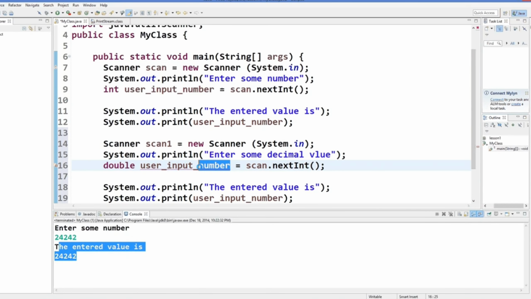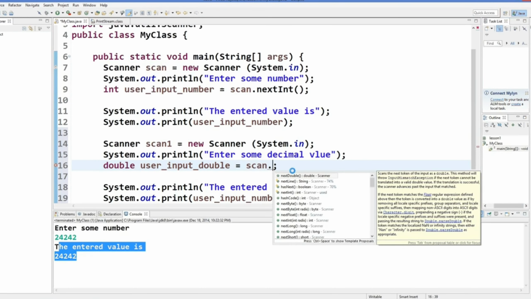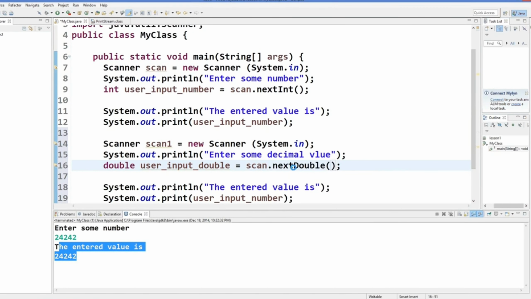Whenever you are expecting a double value as user input, you need to change this function. You are now expecting a double value, so scan.nextDouble. Whatever you are expecting from here, you need to ensure that the name after next comes here, right? So right now you are expecting